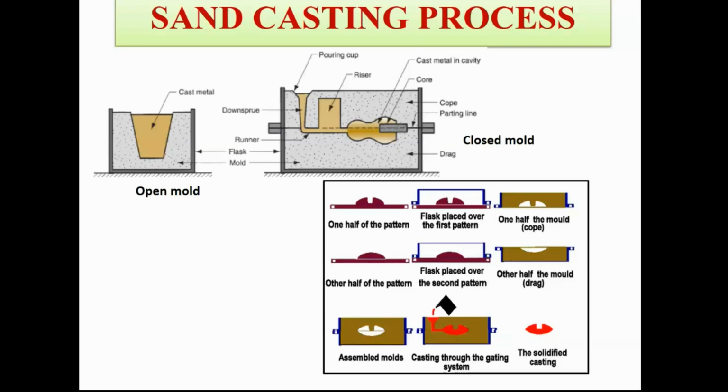Then we have flow of material due to centrifugal forces. Those types of casting processes are centrifugal casting processes, and there are also two types: true centrifugal process and semi-centrifugal casting process. And then we have precision casting processes like shell molding and investment casting. So these are different types of casting processes, and we have already learned their details in our manufacturing course of